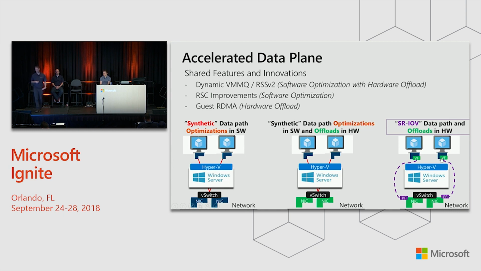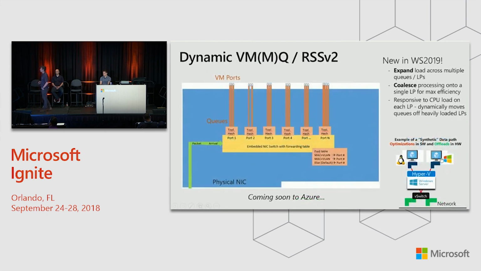We also have things we do through what's called the SR-IOV data path, which completely bypasses the virtualization host. The reason we do that is we want to dedicate more CPU resources and memory resources for actually processing applications and workloads running in those VMs on the host, rather than having them busy just doing network level processing. And so we have a few different combinations of what we do here.